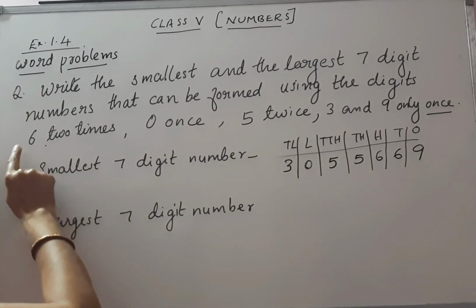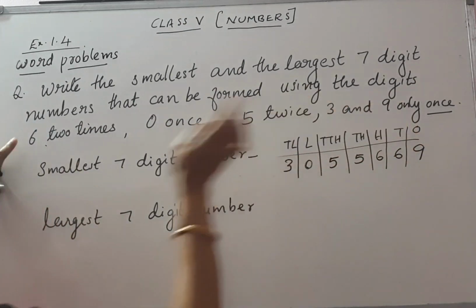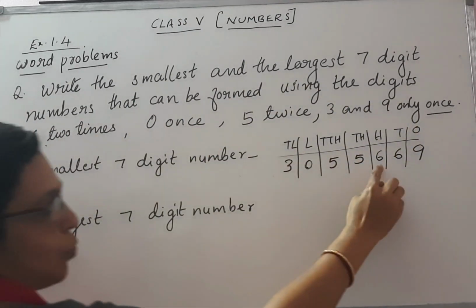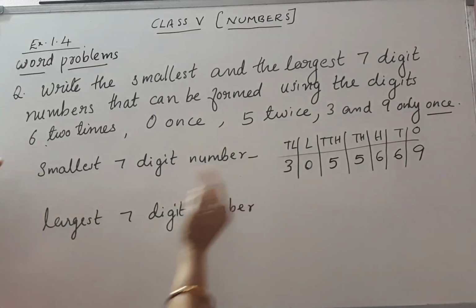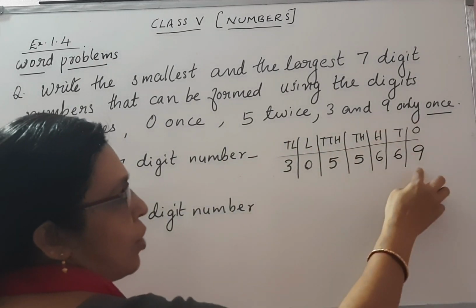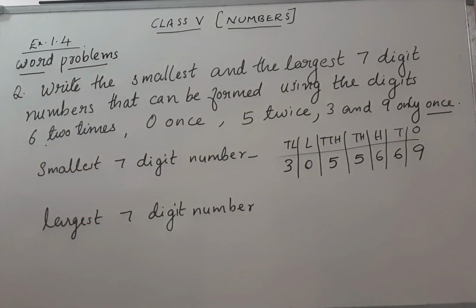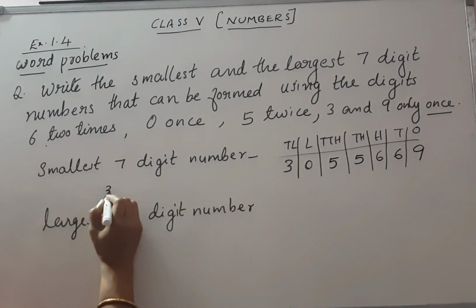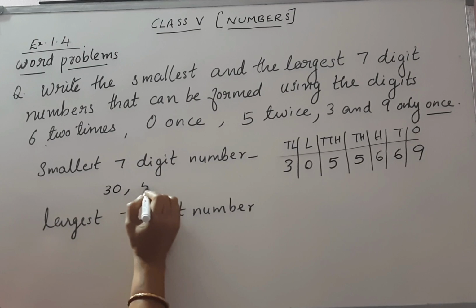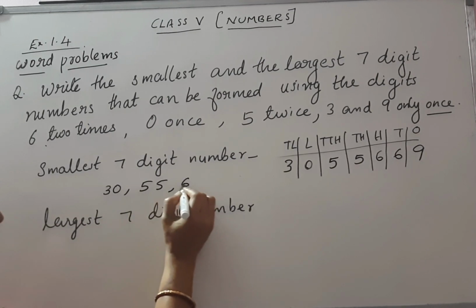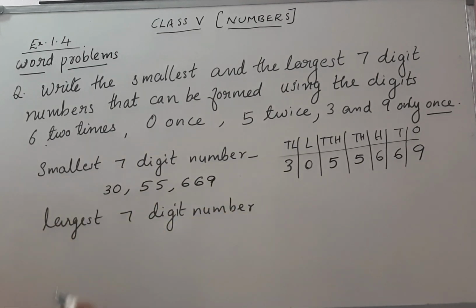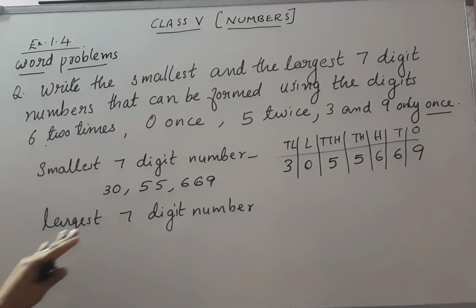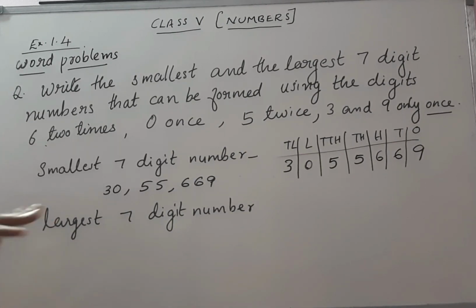Next you have to go to 6 and 9, the 2 digits left out. So 6, how many times is it there? 2 times it is there. You have to insert 6 twice, and then last is 9, only one time. So we are getting the number 30 lakh 55,669, which is the smallest number using the digits and the given condition. So that is how to find the number, as I explained here.